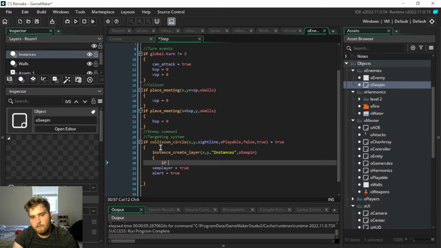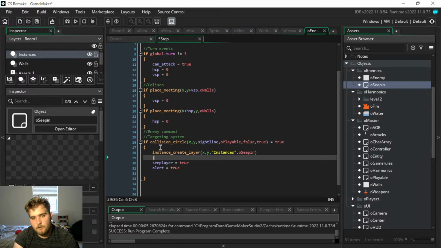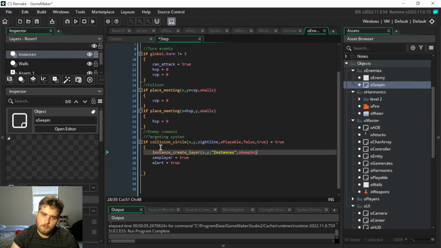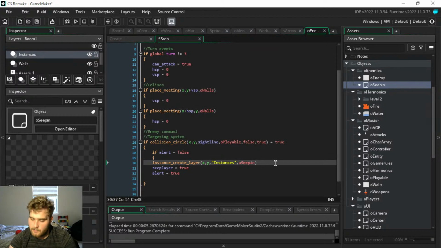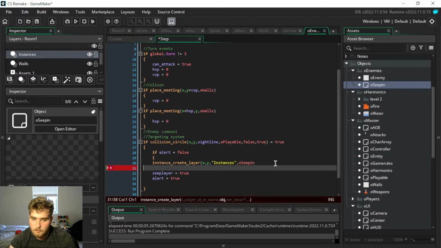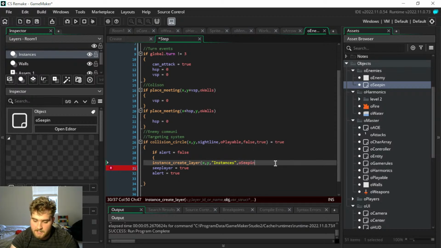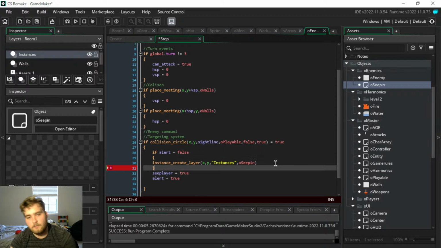If alert equals false, then it will create this. That way it just doesn't keep creating it over and over again. Because that's kind of what I would do. So that way it's just not going to